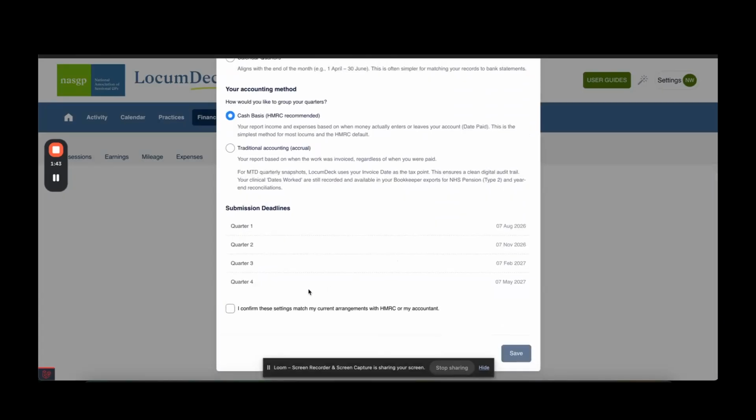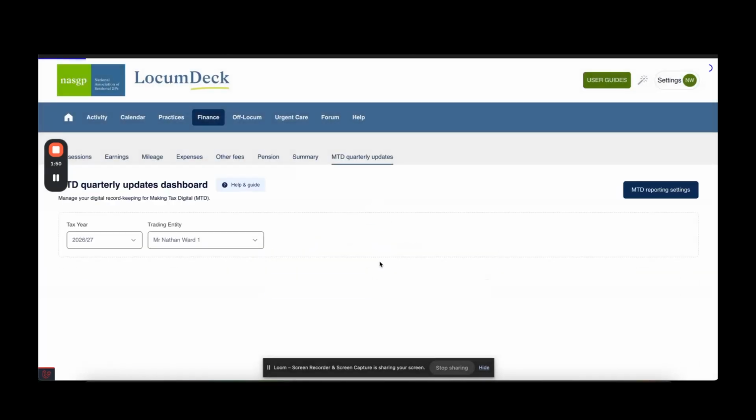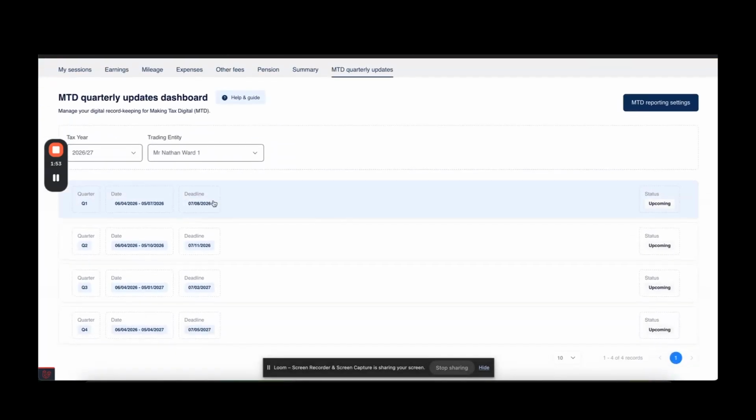Once they've done this, it will save that against their account, and it will show a summary a bit like this. So this shows all the upcoming quarters that they have. These are the ones that they will eventually have to file a report for, but at the moment there's not a lot they can do because that quarter hasn't finished yet. Once the quarter's actually finished, once it gets to the end date of this, then they will be able to